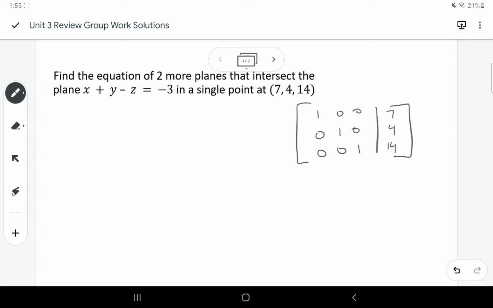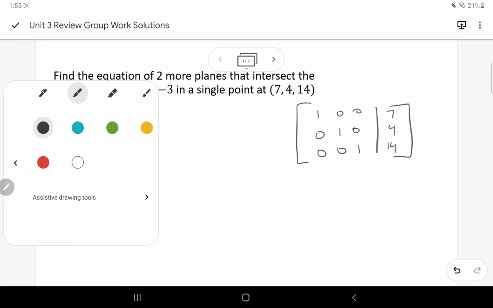you could do any crazy nonsense and get back to different equations for these other two. These are kind of trivial planes, saying this would be y equals 4 and this would be z equals 14, just like the flat plane that's parallel to the xy or xz axes. But we could rewrite these, and some people were making good progress with